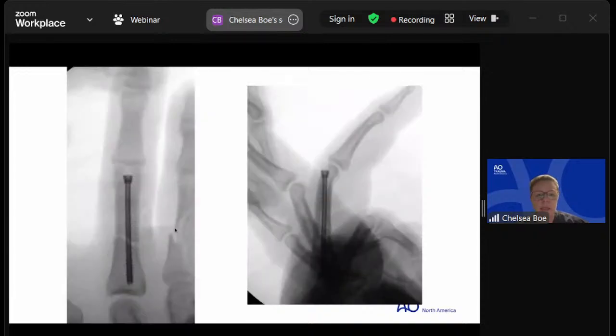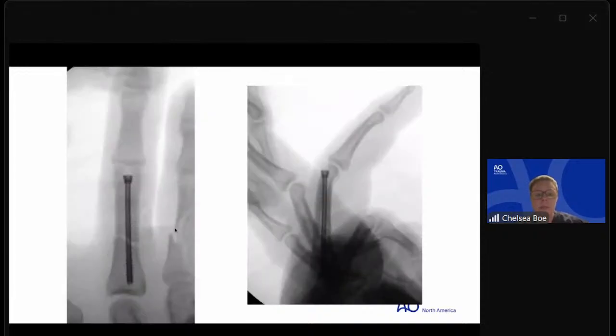The one thing that is nice is you've got this straight implant going through a curved bone, so you get some component of a 3-point bend, especially if it's on the more dorsal side. And you think about the deforming forces on this finger, and it's going to be predominantly in that flexion extension plane. So you can argue it. In this case, we did this and we felt comfortable mobilizing him right away because I generally will move these